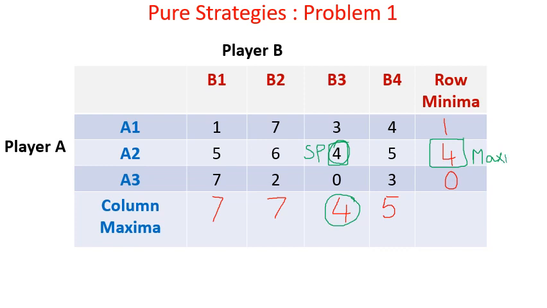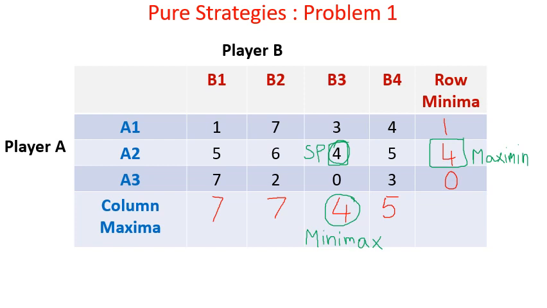This is the maximin value, and this is the minimax value, the minimum of the maximum. So you can see here maximin is equal to minimax. Hence a saddle point exists for this particular problem, and the saddle point lies at this particular point. Where does the saddle point lie? It lies at strategy A2, B3.